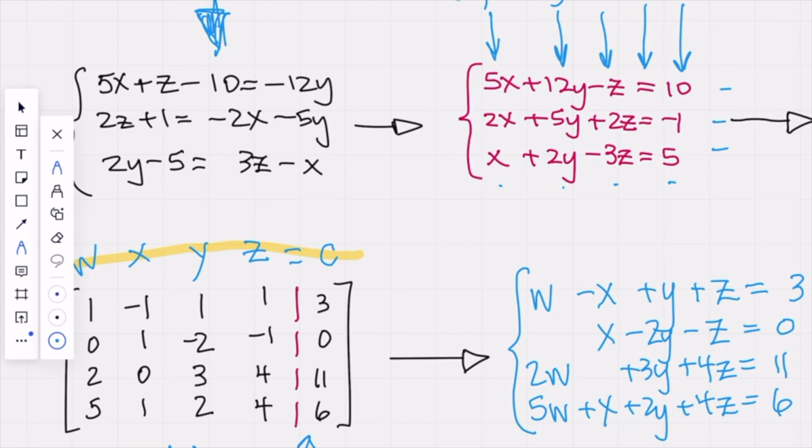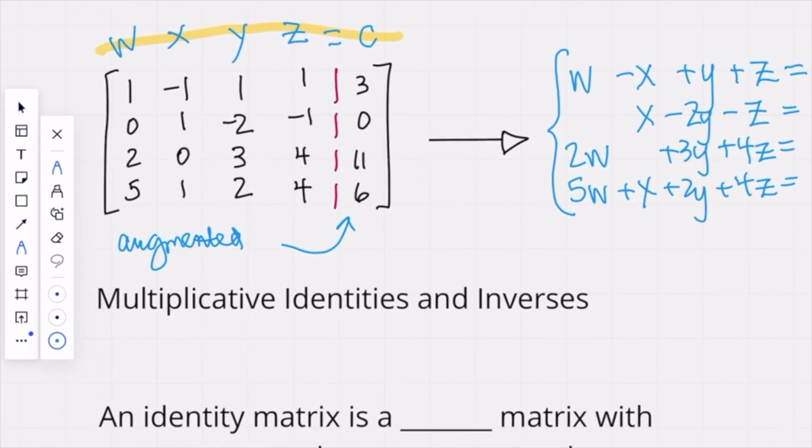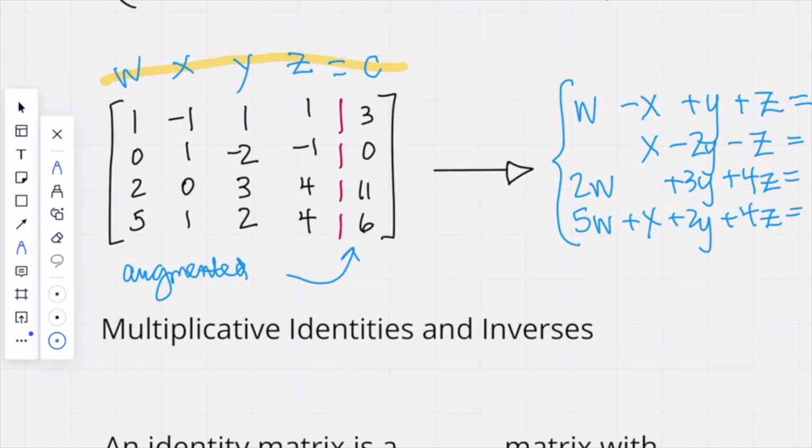All right, next bit, multiplicative identities and inverses. Okay, so what does it mean to be a multiplicative identity? All right, so what you're thinking about is what can we multiply by anything and it does not affect the value of the number. Okay, and so hopefully you're thinking to yourself that the multiplicative identity is 1, and that